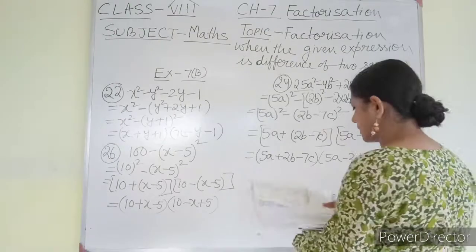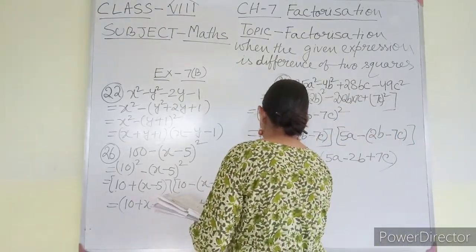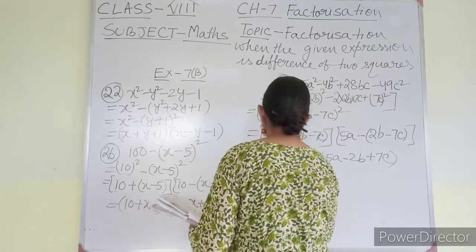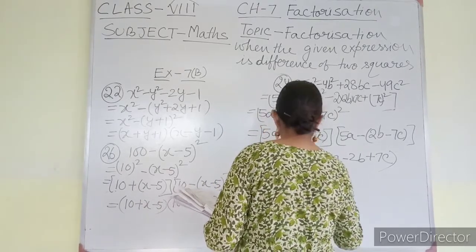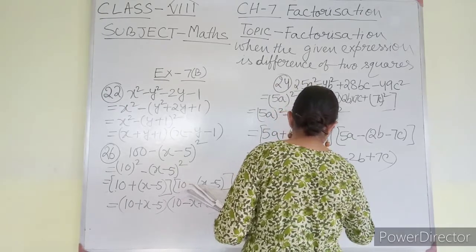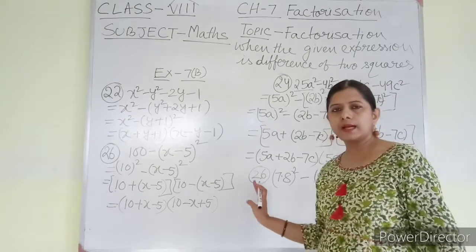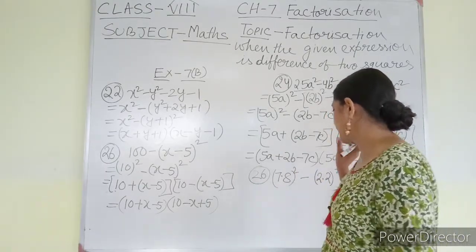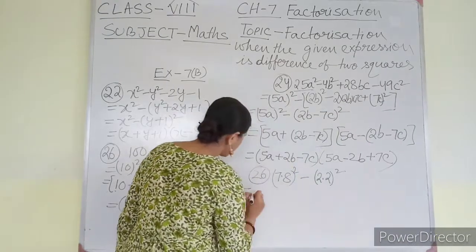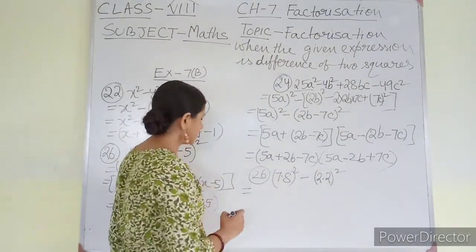Okay. Another sum, last sum I am going to do. I rubbed it, that is question number 26. Let me write the question. 7.8 whole square minus 2.2 whole square. So any number can be written in this form. I have to find out the answer without actually doing the square. So I will use the formula that a square minus b square is a minus b, a plus b.